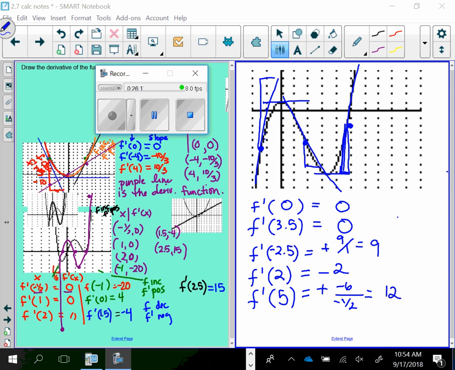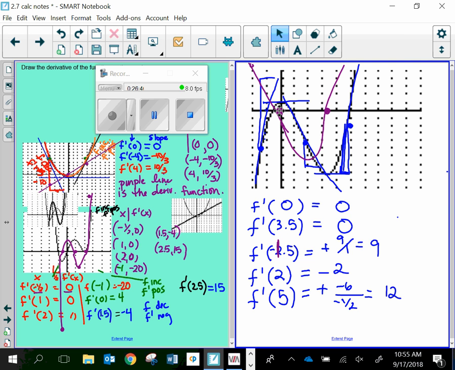I have 0, 0. I have 3.5, 0. I have -2.5, 9. No, I didn't. That was -1.5, 9, way up here. So it should look like this. Something like this. I know I didn't finish it, but it's just tedious. But once you get the hang of it,